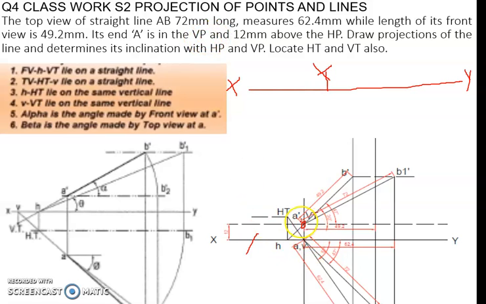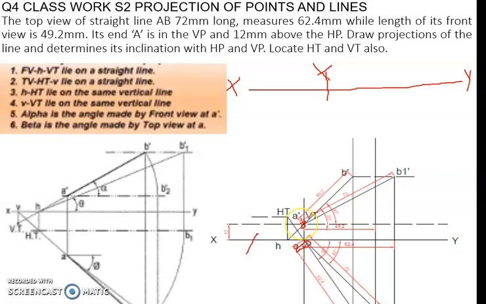its trace also coincides with the elevation. So VT and A prime coincide, and as VT is here, we can mark V also on the XY line, as VT and V are on the same line and it is the intersection of this. So you mark this point V. Let me just encircle it. This V we can mark. We can locate A prime, and we can locate A also. Now what do we do?